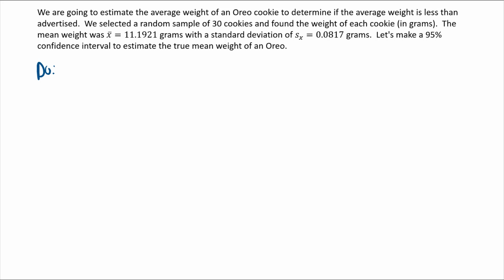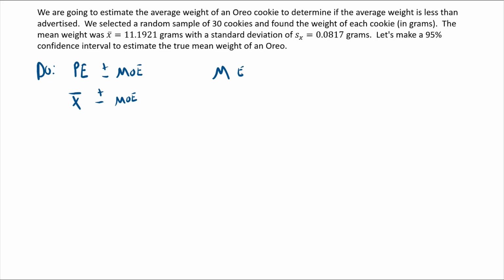So we still have the same formula to calculate the confidence interval. Everybody should remember we have our point estimate plus or minus our margin of error. Now with this, your point estimate is going to be your x bar, plus or minus your margin of error. Now the margin of error is what changes up here. So for your margin of error,